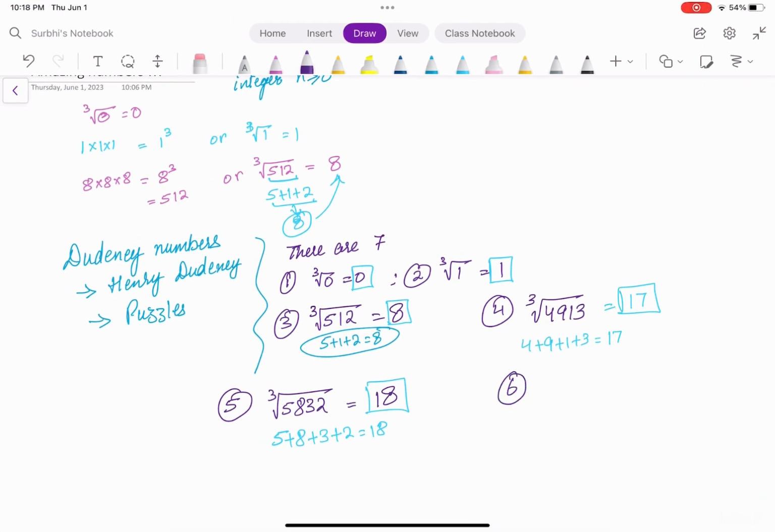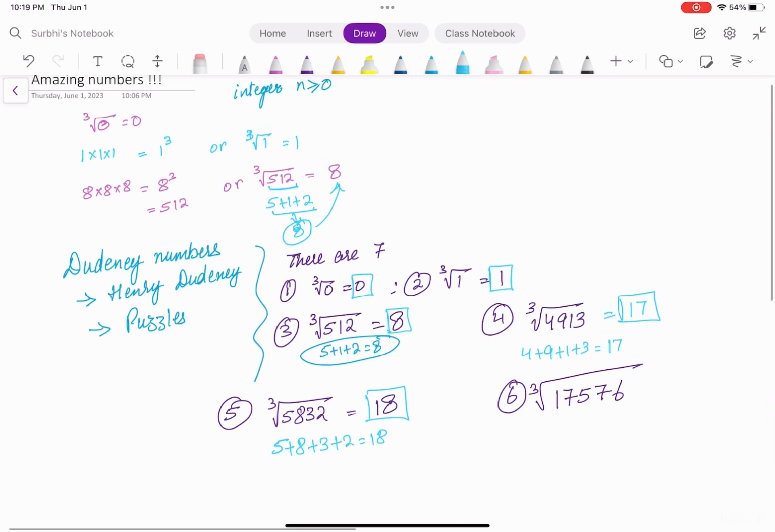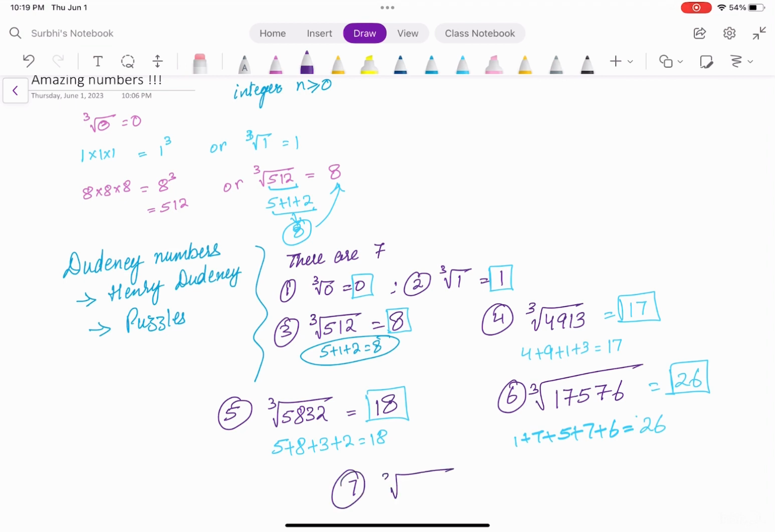Number 6 in Dudeney numbers is cube root of 17,576. You can add 1 plus 7 plus 5 plus 7 plus 6, and you will get 26. And if you find the cube root of this number, that is also 26. So if you know these numbers, if they are there in any kind of exam, you can quickly answer these. So the last in the series is